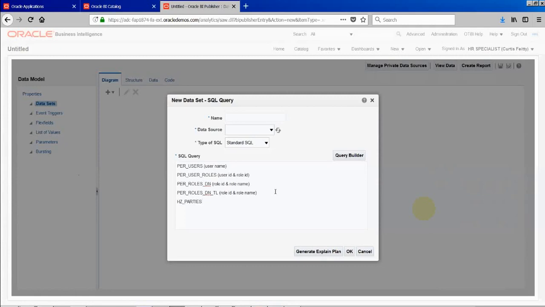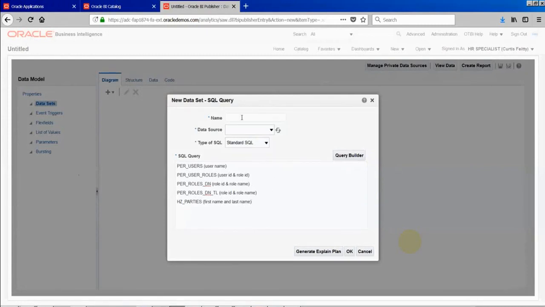This HZ_PARTIES table stores information about parties, representing any party uniquely. That party can be a person, an organization or a group, can be anything. So HZ_PARTIES is a better way to store the data. Here we can get the first name and last name. So these are the tables typically which we need to use.